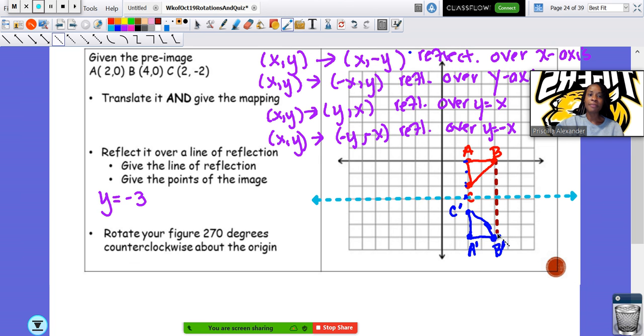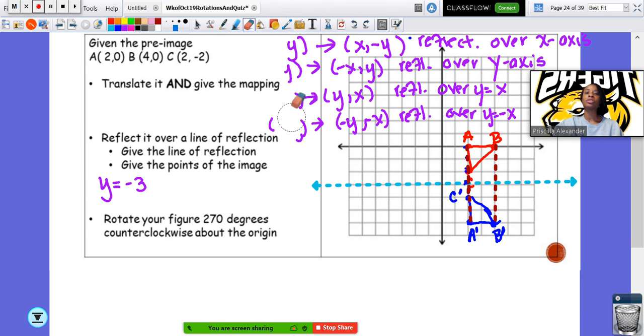So there's a segment, well that's brown. There's a segment A prime, B to B prime. There's another brown line, A to A prime, and then right here, C to C prime. They're on top of each other, so you're not going to see that one as easily. But there is a relationship between